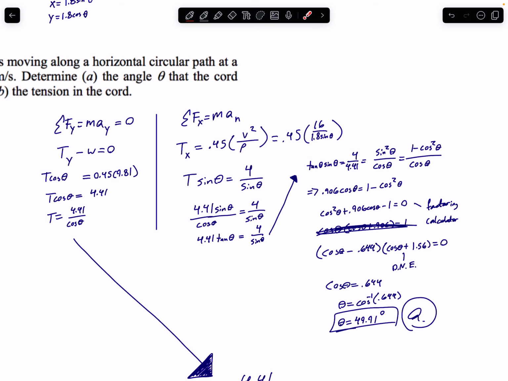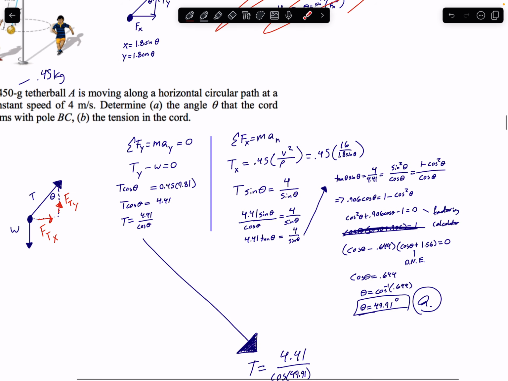And then for forces in the x direction, there's only one, tension in the x direction. And so we know that is equal to the mass times the normal acceleration. Again, no tangential acceleration. So we know that the radius also must be the length of the rope times sine theta. And so we get T of x is equal to 0.45 times 16 over 1.8 sine theta. And doing some algebra, we get,